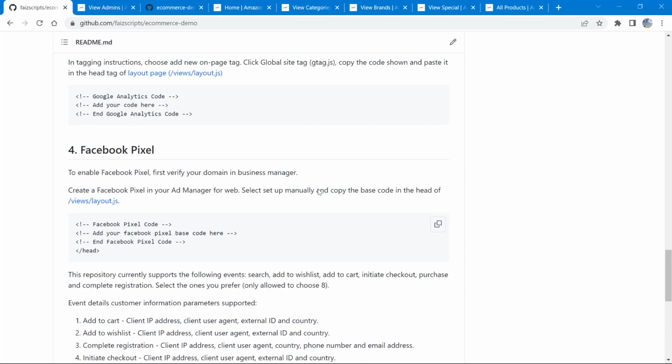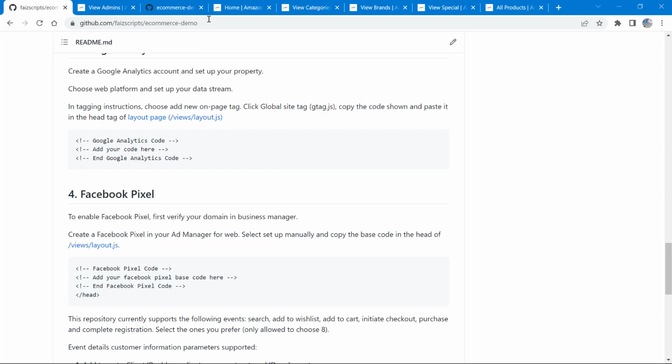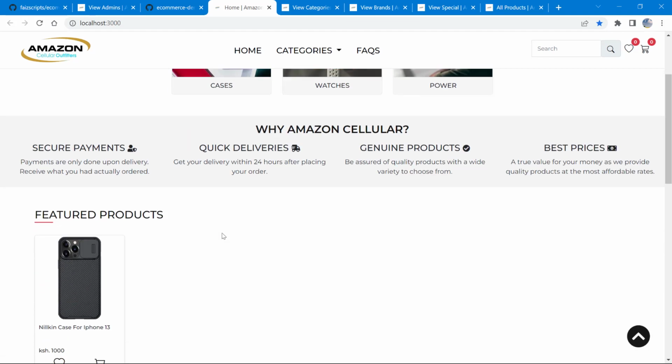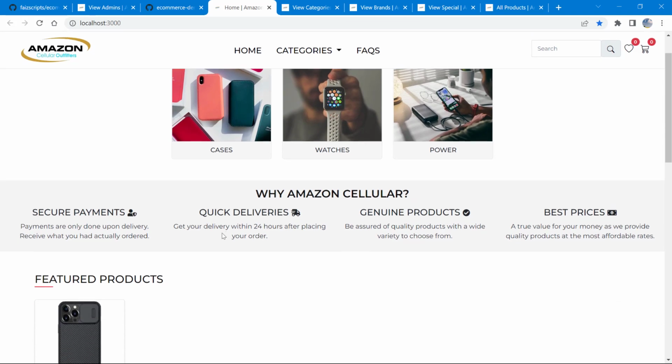So now the app is up and running. Everything is set up well. So I would like to take you through the normal workflow of the app. So let me just refresh this page. I'll create an order from the users page, and then I'll show you how to process that order from the admin page. So now let's say I'm a customer, and then I'm interested in buying a case for my